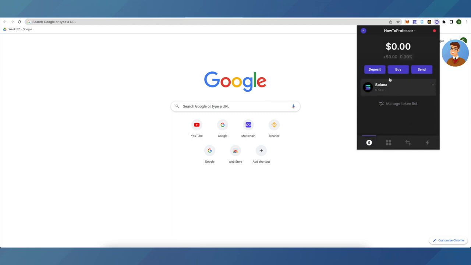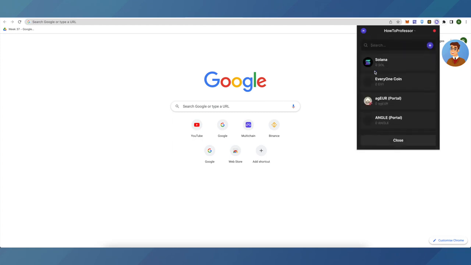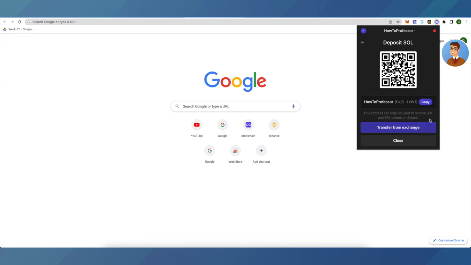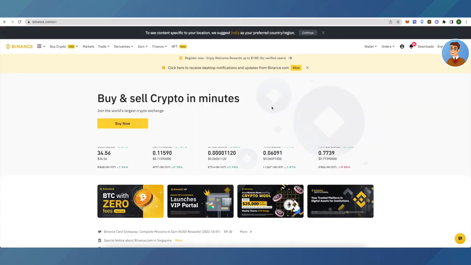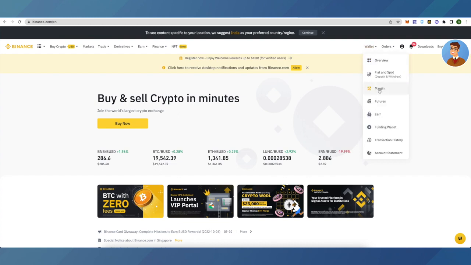And for that, you need to click on deposit. Then suppose we want Solana, so we will click on Solana and we will get this address of Solana. So copy this address and open the exchange of your choice. Suppose I want to send Solana from my Binance account. So I will open up my Binance account, go to my wallet